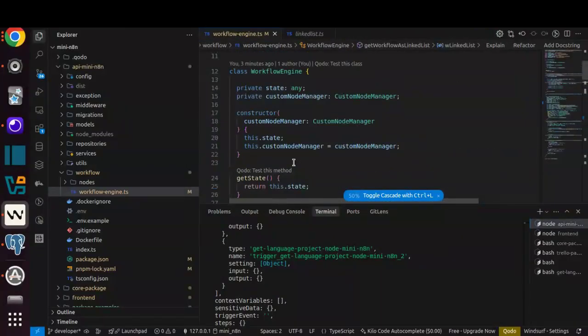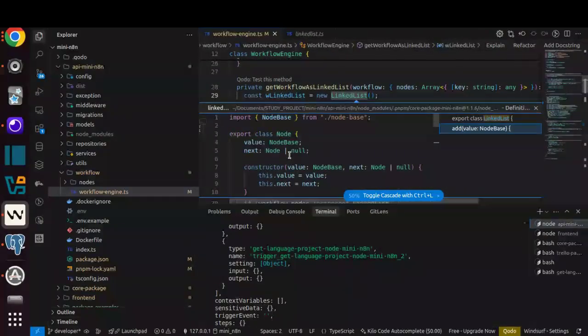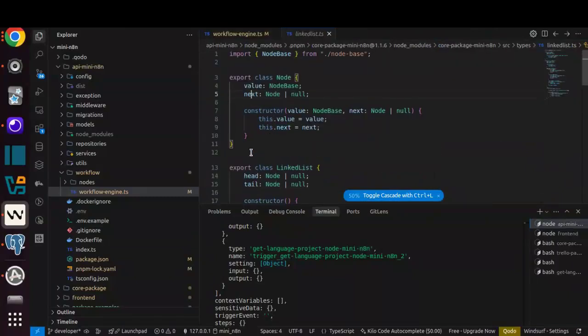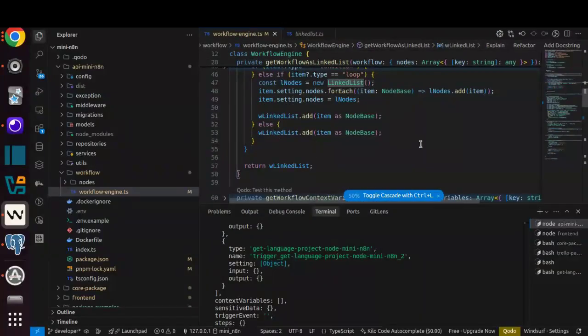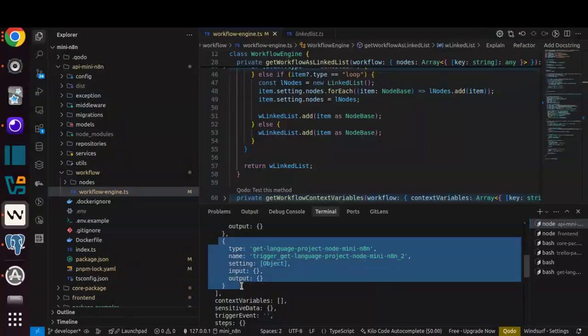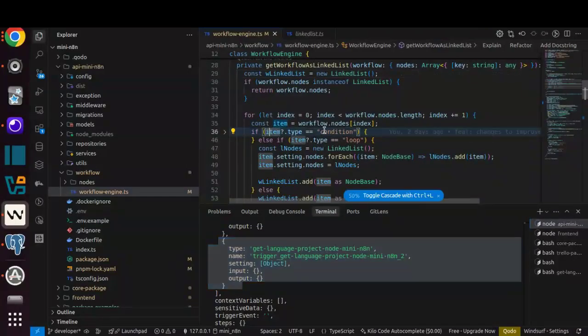And the next in the linked list, and I have a next which is a node or null, like I explained. So I add this item here and start to create the logic. Okay. If the item is